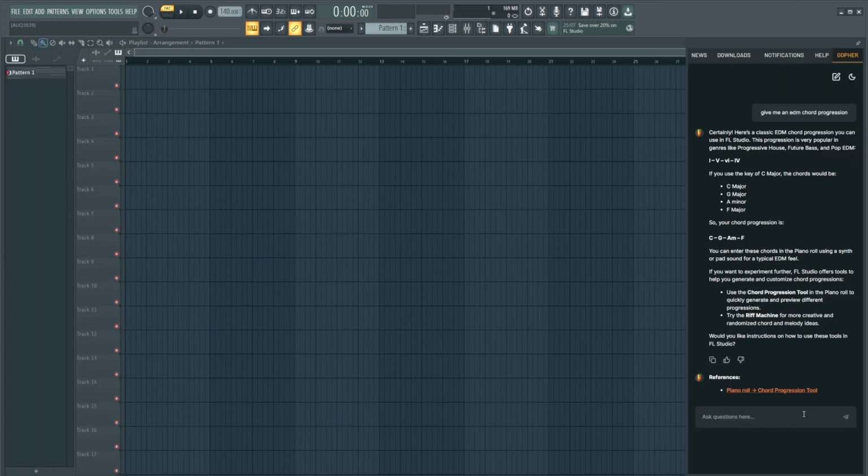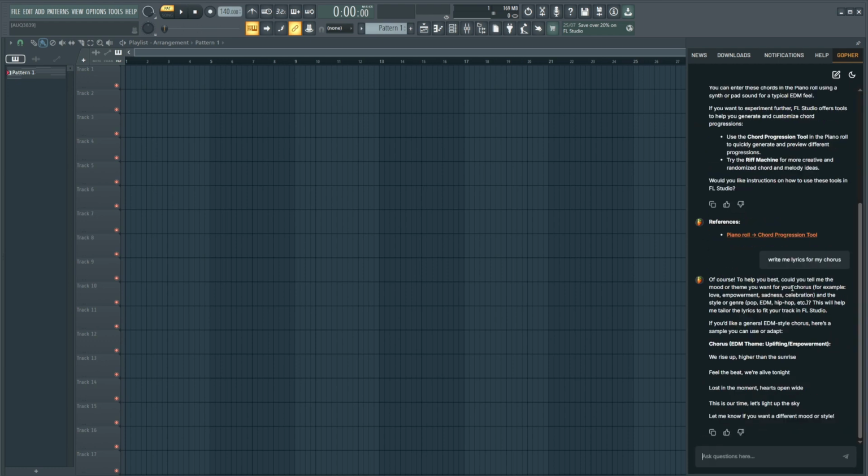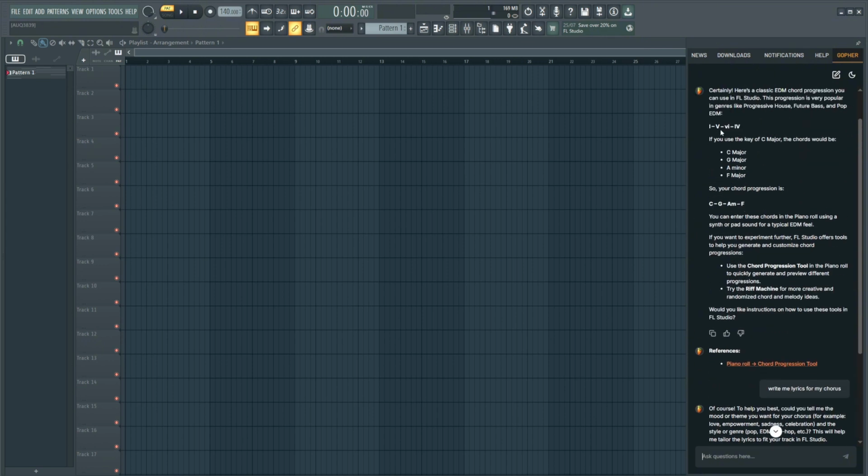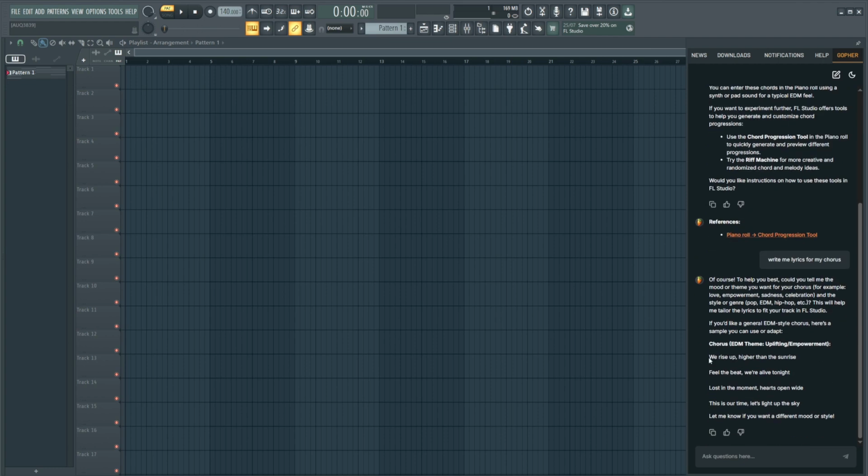and here they are. And I can also continue, for example, write me lyrics for my chorus. So based on the previous data that I gave it, which is an EDM song with an EDM chord progression, it suggested these chords. Now the more that I specify what I like, the more FL Studio can help me with my lyrics and